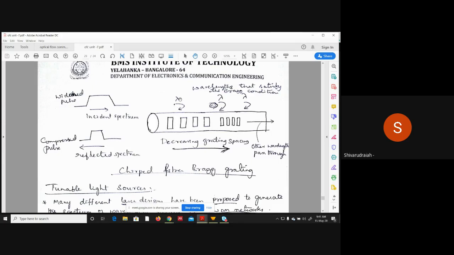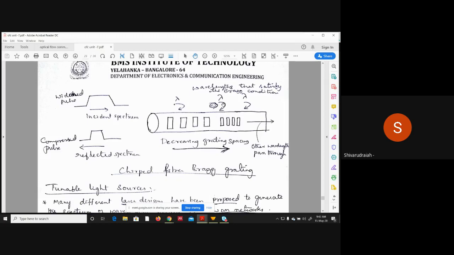So here, this lambda, which is satisfying the grating condition after it passes through only the second grating structure. Please concentrate on this diagram. Once this wavelength passes two grating structures, it will start reflecting because that particular wavelength satisfies the grating condition at the second grating structure itself. That is the reason why it starts reflecting, right? And all other wavelengths will be passed on, so they will continue propagating inside the chirped fiber grating.